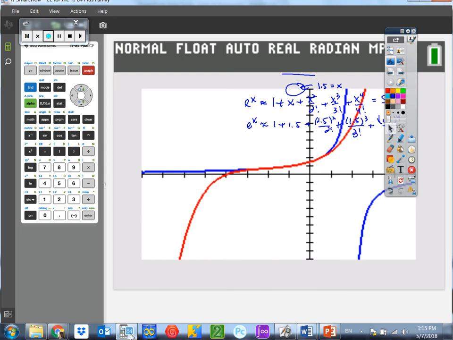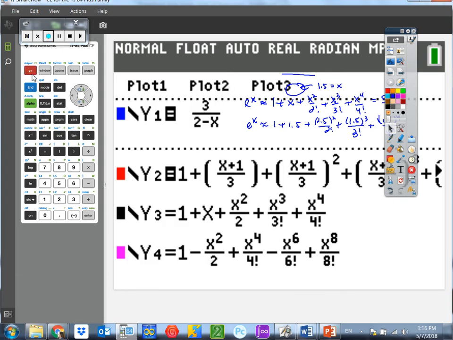And let's go to a clear screen. Let's actually go back to our y equals. Notice how I have in y3, I've input e to the x, the first 5 terms, 1, 2, 3, 4, 5. It's right here in y3. That's what I suggest you do. Put the series in your grapher, and then we're going to do something kind of fun. We're going to go to a clear screen,